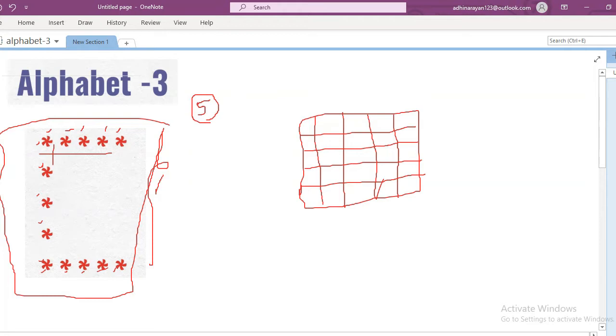Okay, totally 5 rows and 5 columns. This is the first row, this is the second row, third one, fourth and fifth. This is the first column, this is the second column, third column, fourth column, fifth column.